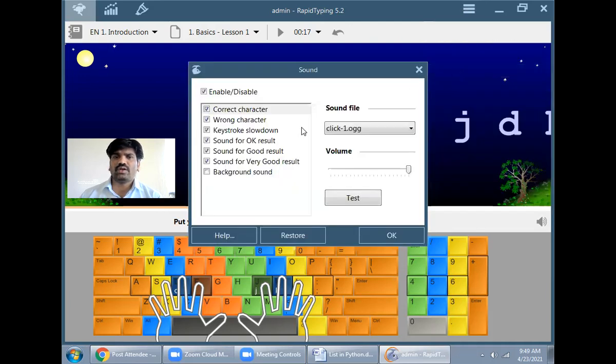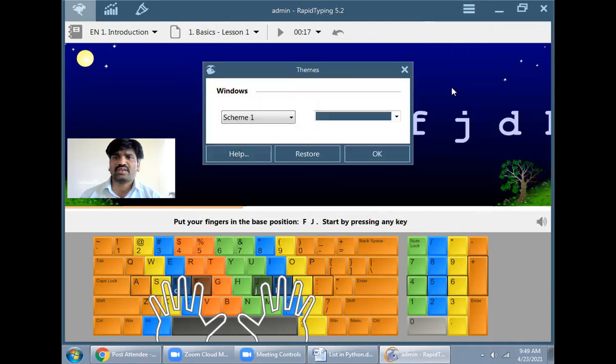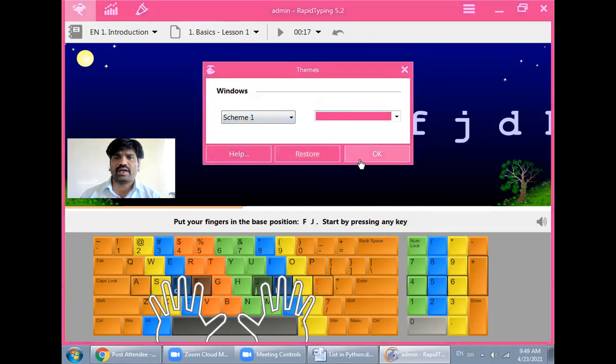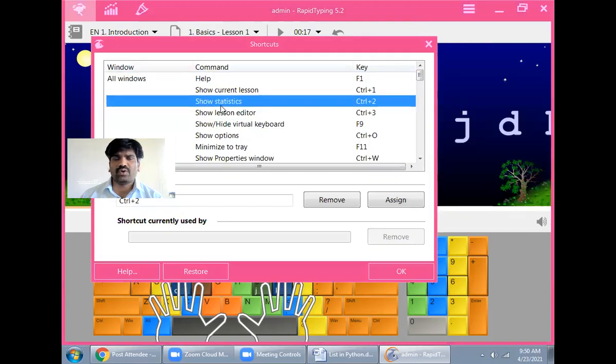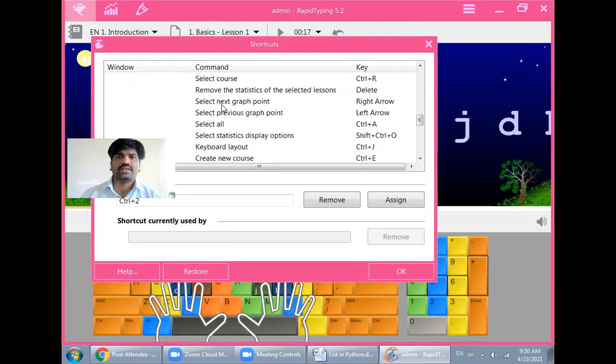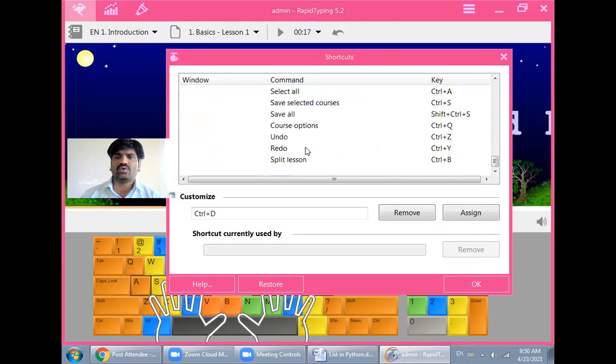This is for sound. If you want to make a change in any kind of sound in your typing tutor, then from here you can change the sound of your typing tutor key. This is for themes, and this is used to change the appearance of your software like this. The next option is for shortcut keys. If you are using any shortcut key, then you can make changes in shortcut keys from here.